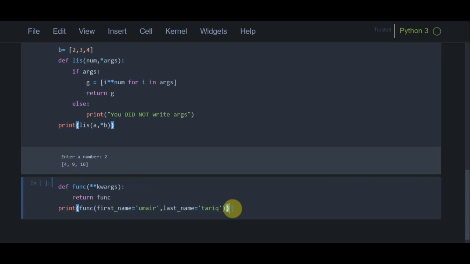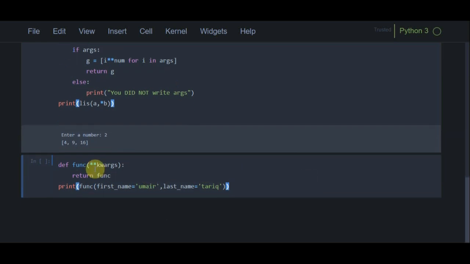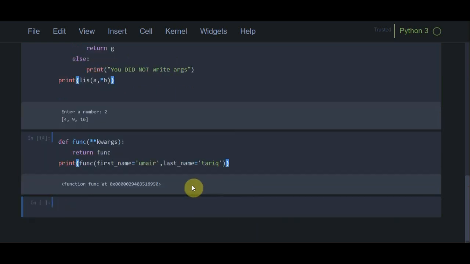What we have here is that first I create a function and directly return it. So I gave all the arguments when I call the function. All these arguments will be stored in double asterisk keyword args. If I run this program, you can see that it is returning a garbage value, the position of the function where it is stored. So I don't need to return the function; I must write return here, because I am using keyword args as an argument, so I must return the argument of the function.